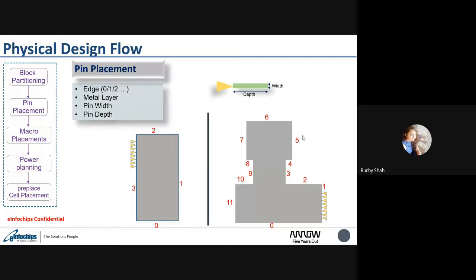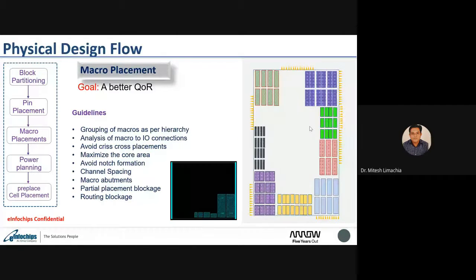Once a node is fixed, we will get the minimum width of each and every metal, and that is in your .tf technology file. Okay, so that width will be decided based upon DRC design rules? No, actually the design rules will be decided based on the metal width. Okay, fine. Any other questions, or should I move forward? Okay, please continue.